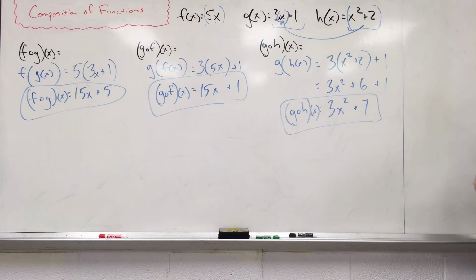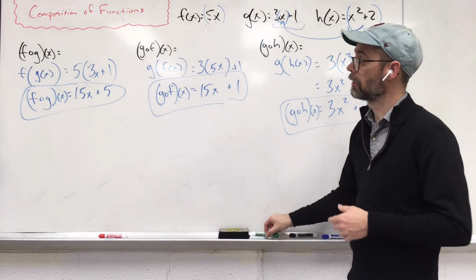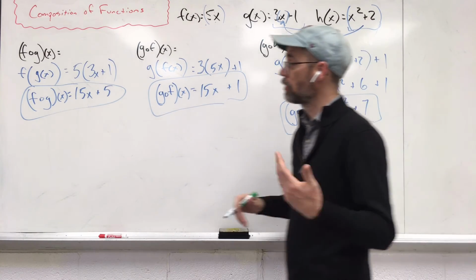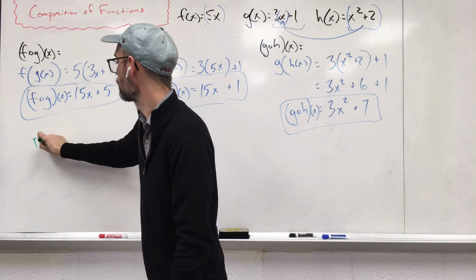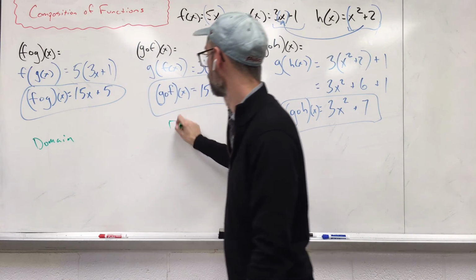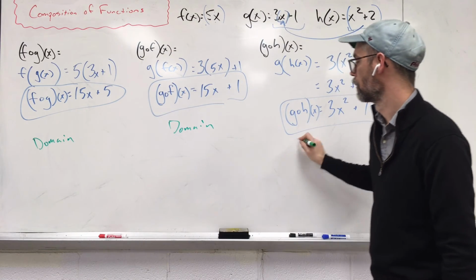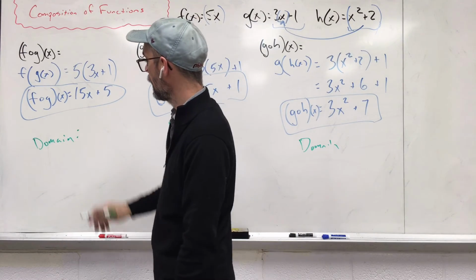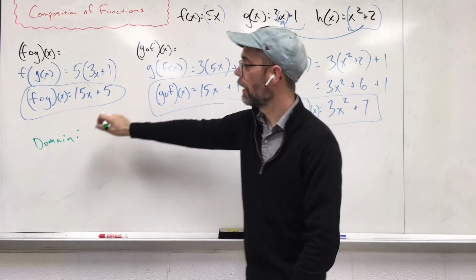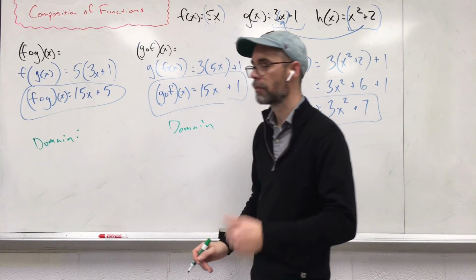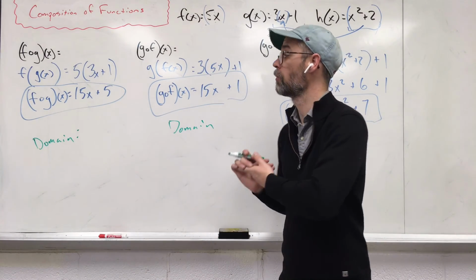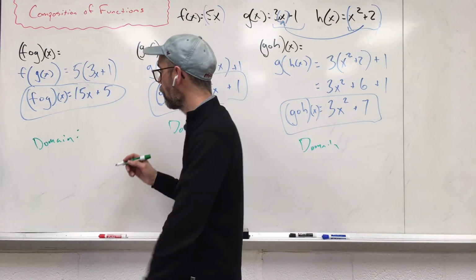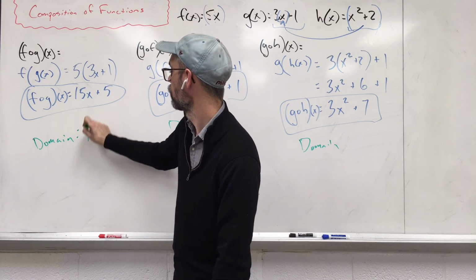And there you go. I guess the one last thing to find would be the domain of everything. What numbers are we allowed to plug in for x? So for my domain, I could say 15 times a positive. I could say 15 times a negative. I could say 15 times 0. I could say 15 times a fraction or a decimal. There's no restrictions. There's no ending to what I can do. So all real